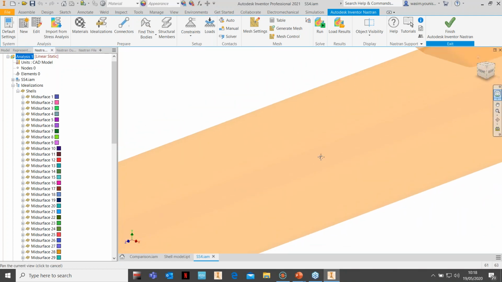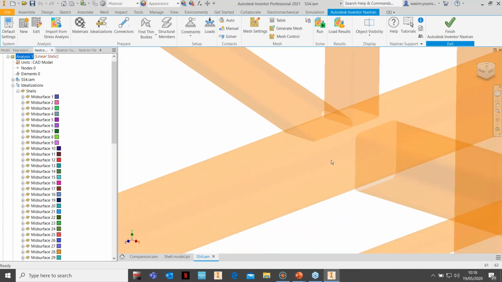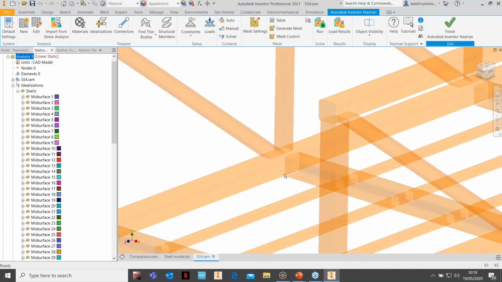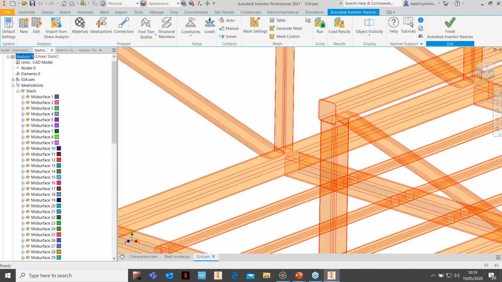you'll end up with having lots and lots of gaps. So this question begs, well, how do I include the welds? Typically, I think many customers use this approach because it's a lot quicker and a lot slicker, and then the weld question becomes irrelevant, and then they start doing localized studies. This is probably the most common method used within Inventor and Nastran for fabrications, without any welded connections